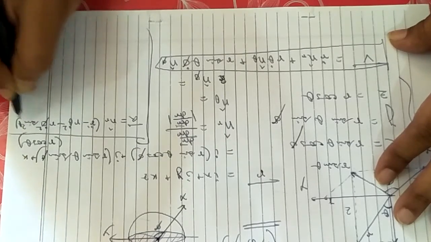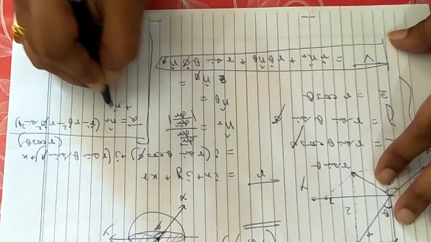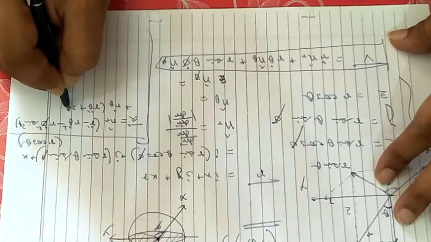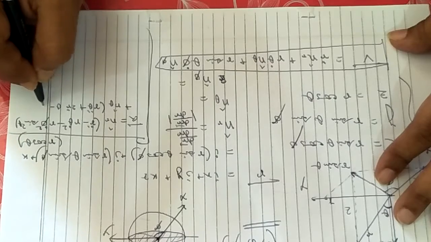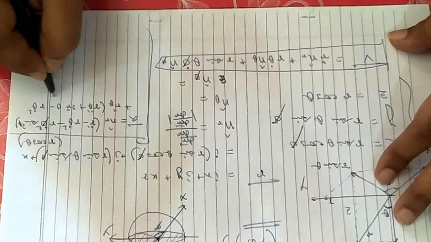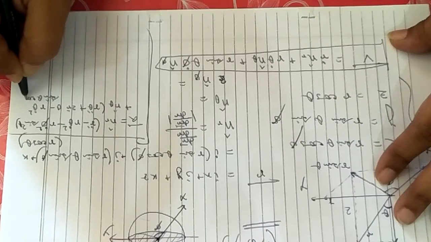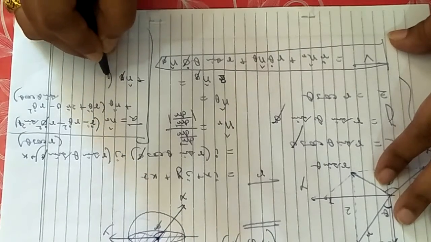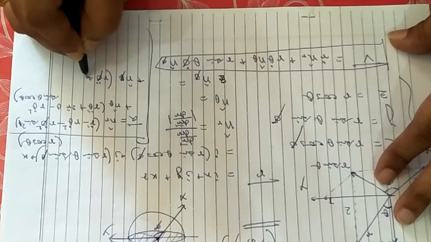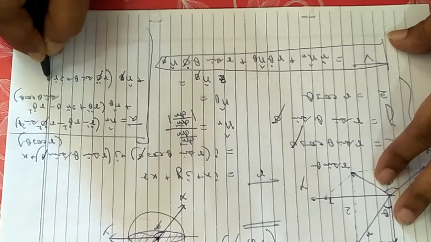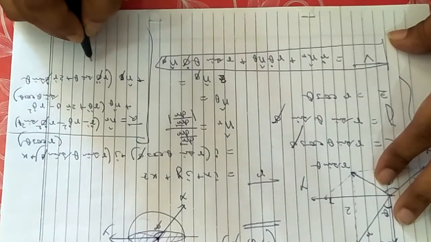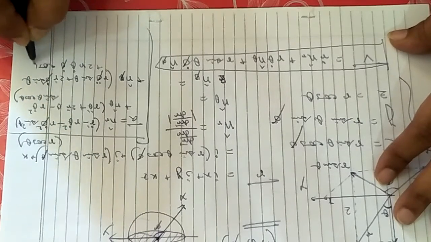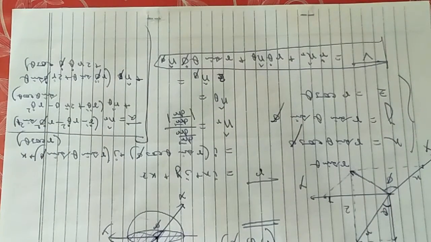times sin square theta, plus the next term, r n theta cap times r theta double dot plus twice r dot theta minus r theta dot square sin theta cos theta, plus the last term, n phi cap into r phi double dot sin theta plus twice r dot phi dot sin theta plus twice r theta dot phi dot cos theta. But I don't think you have to focus on that.